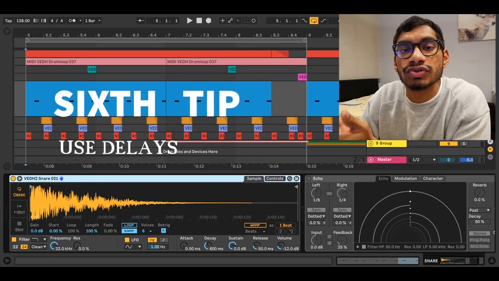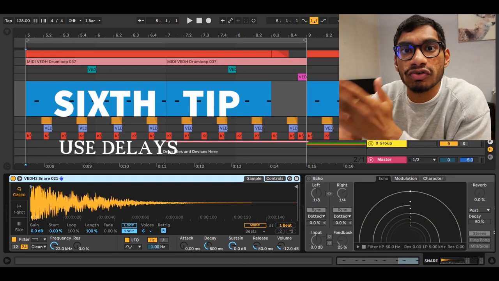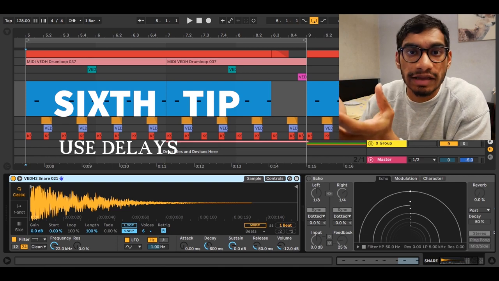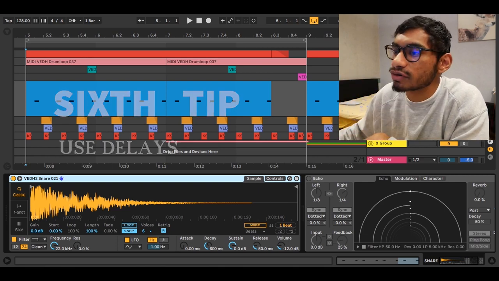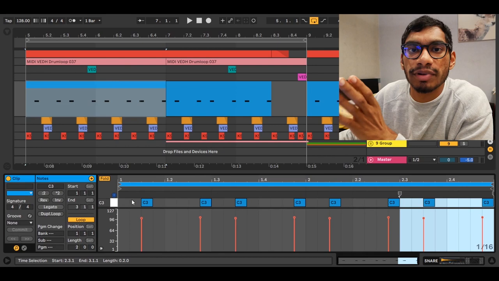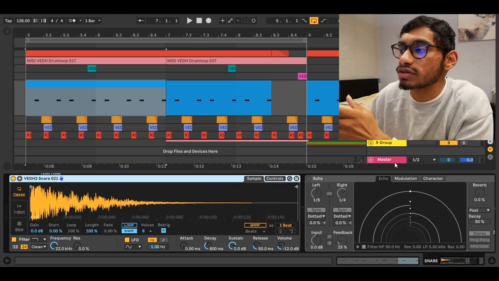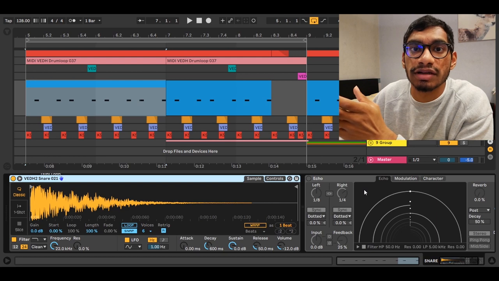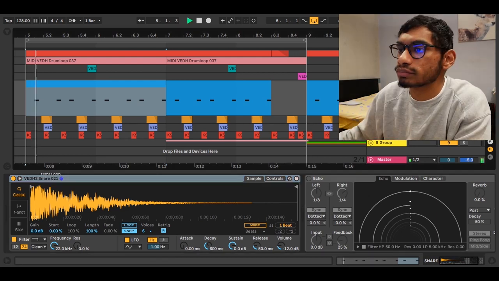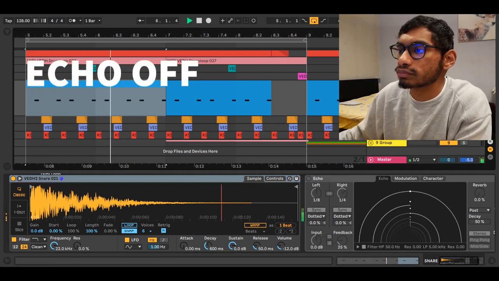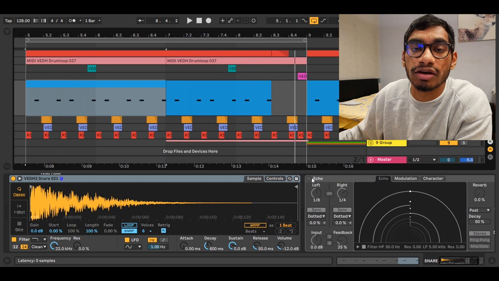Another simple trick is to use delay plugins to create movement and to create delay that will create your whole loop. So for example, this snare is just me plugging in the notes, but then it will sound very different once I use the plugin called Echo in Ableton Live, which is a stock plugin. With Echo on,